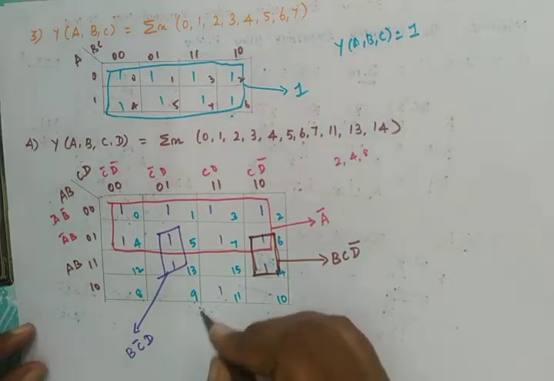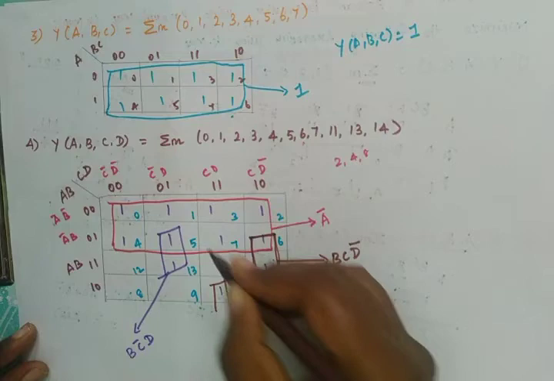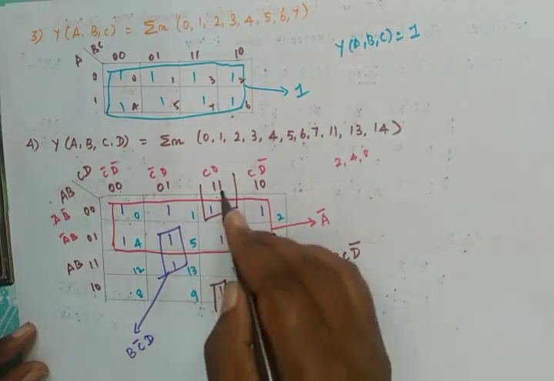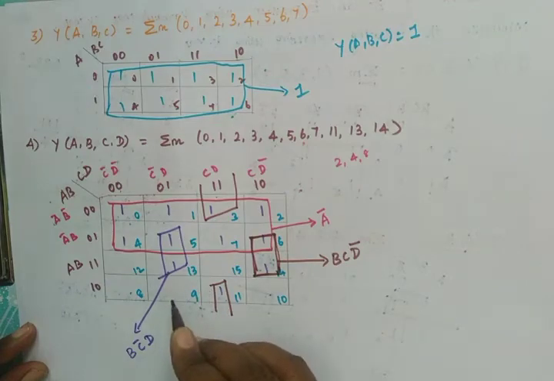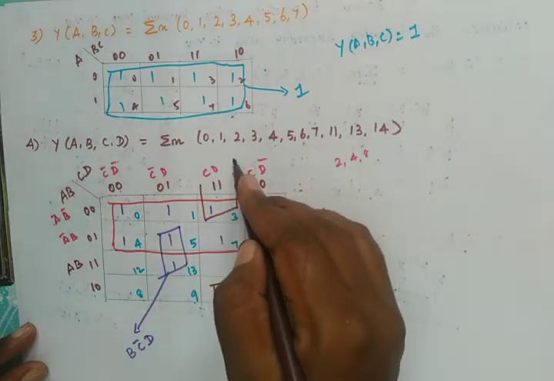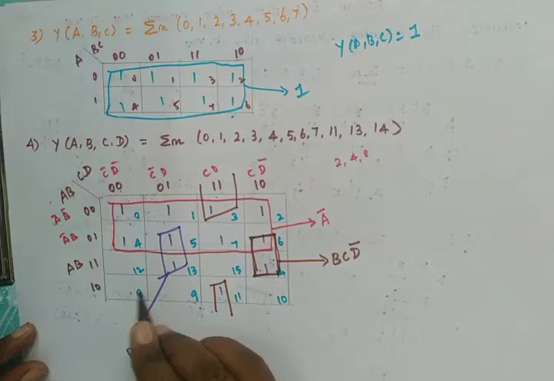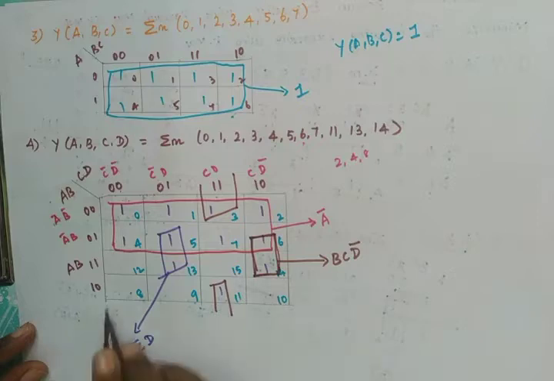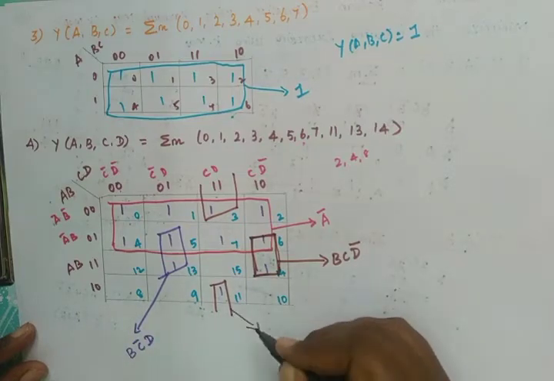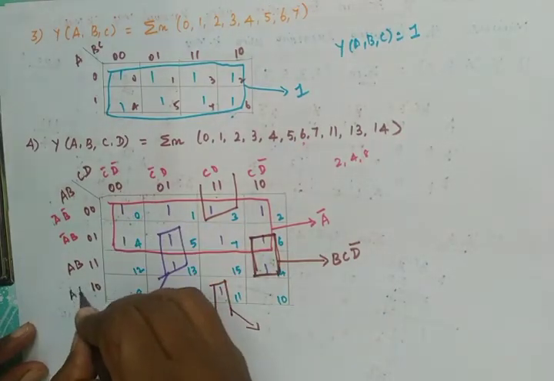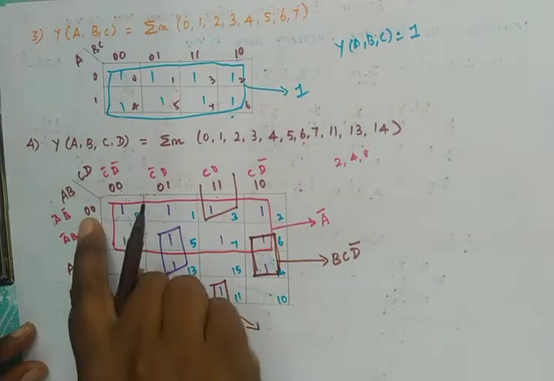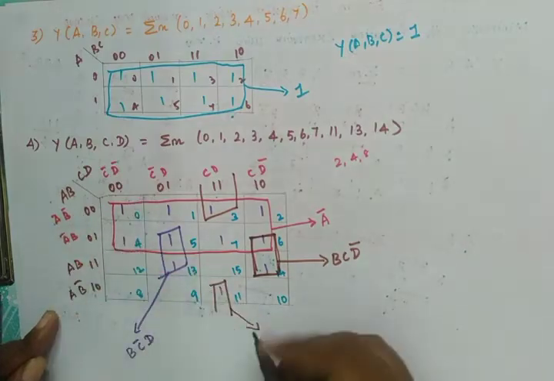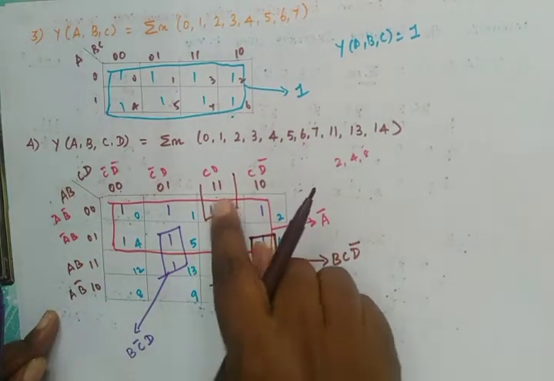Next, observe. Here we have 1, 1 and here we have 1, 1. So we can group like this. Already I said we can group. If we have one more 1 here, then you can group this 2 and this 2. But if you have one more 1 here, 3, you should not group 3, 3. But if you have 4 ones and here 4 ones, then you can group like this. Now what is the answer for this group? Now compare these two. Here we have A B bar and here we have A bar B bar. So A bar gets cancelled. So here we have B bar. Then what is the answer here?